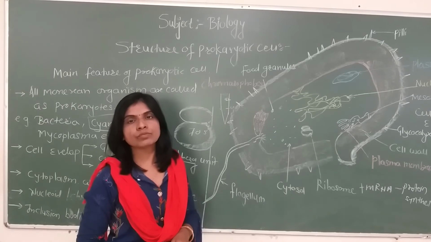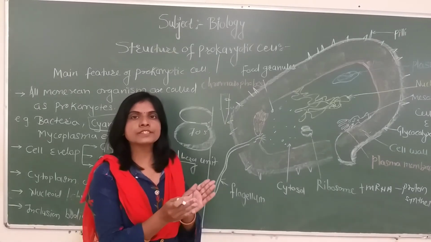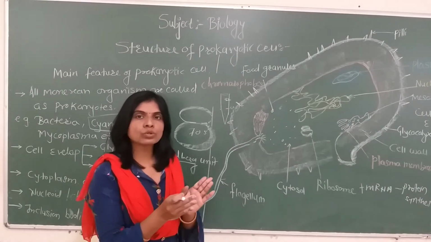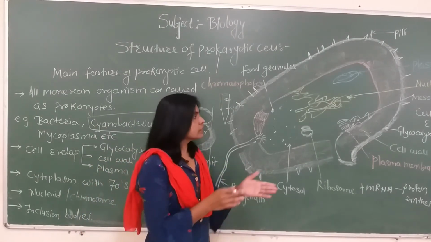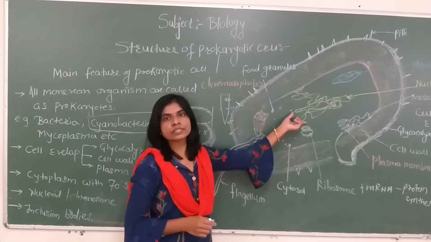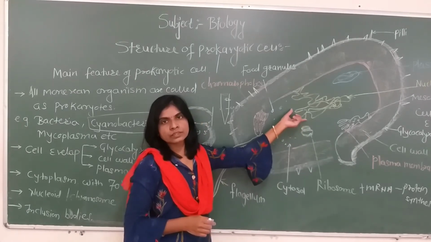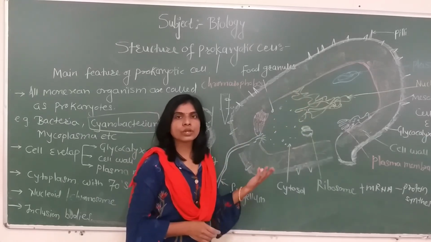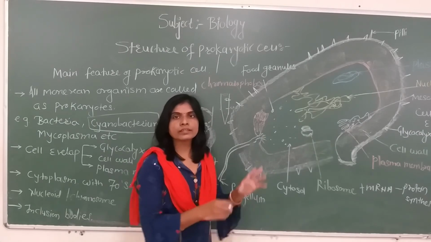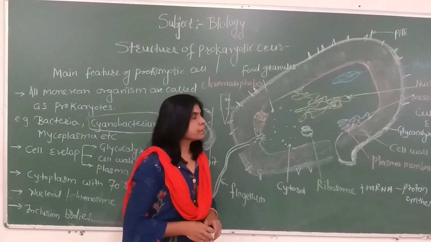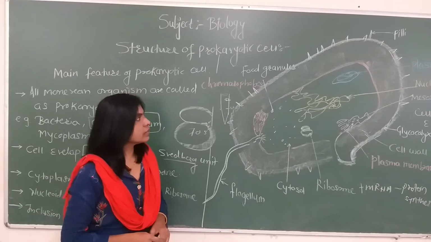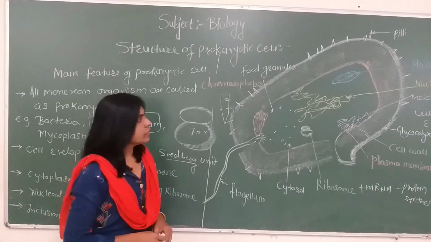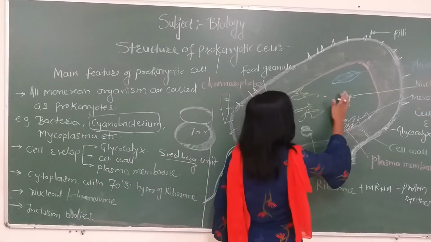Human body has 46 chromosomes. So whatever genes or DNA are present in one chromosome out of those 46, the total equivalent amount of genes is present in the nucleoid of the prokaryotic cell. Its nucleoid is made up of one chromosome and associated DNAs. Okay, then the nucleoid is always attached with the mesosomes or the plasma membrane, and it is circular and double stranded.